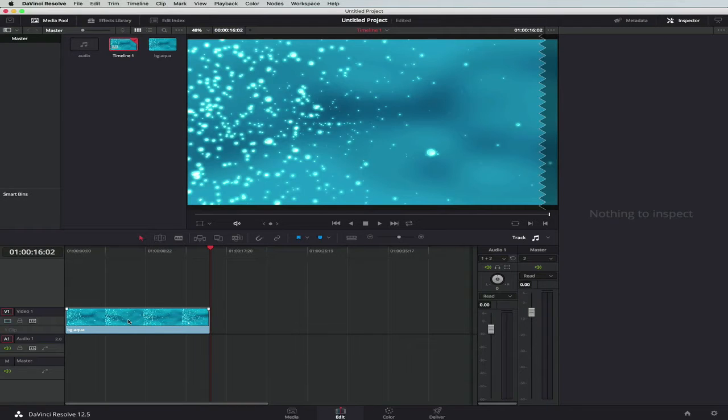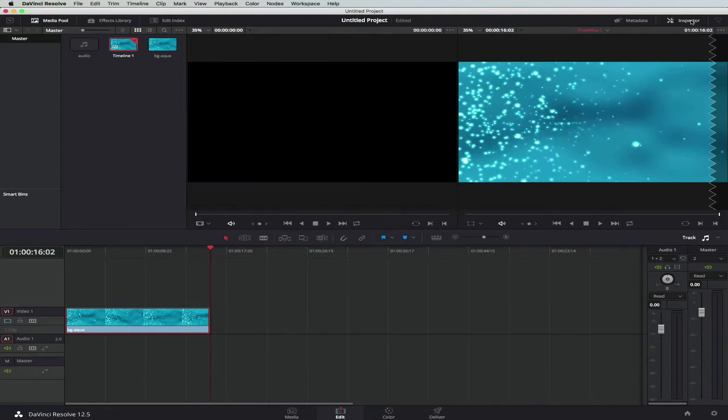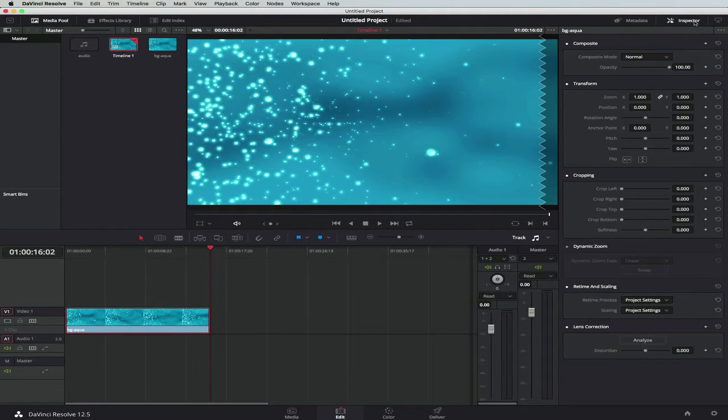and as you'll see, we just get to the end and it stops. So what we can do here is if we select the clip, you'll see it comes up in the inspector. And if you've not seen the inspector, that's the inspector button, and this is where we can really play around with the actual clip itself. And these buttons on the side are quite important too, because these allow you to keyframe. And what keyframing